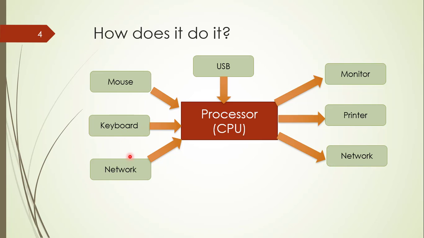We have the network, the keyboard, the mouse, the USB devices, the monitor, of course, the screen, the printer. This should have been the hard disk. I wrote network by mistake, but mentally erase it and think of it as the hard disk. So hard disk is where we store all our files and videos and all our homeworks. So everything is stored on the hard disk, and the hard disk is a very, very important part of the